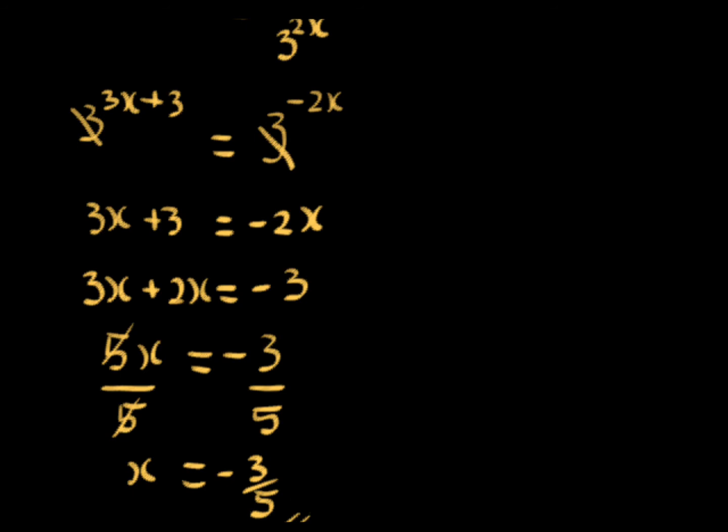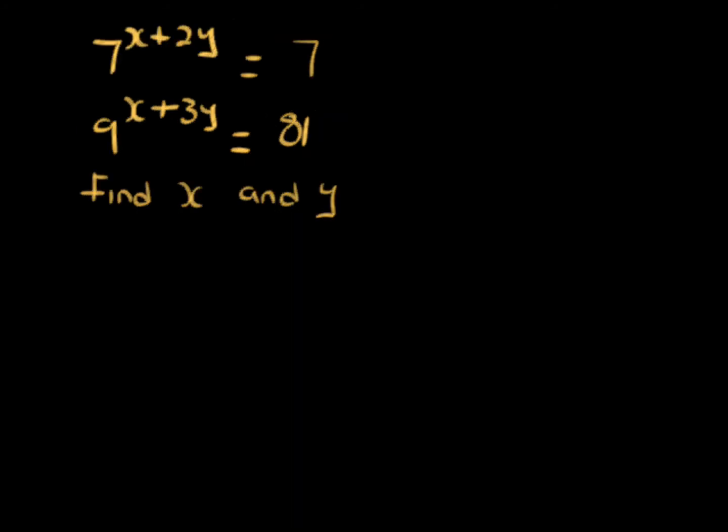So that's how we can evaluate indices involving equations. Let's take one more example and see how it goes. Here we have another equation presented before us, and this is a form of a simultaneous equation. So we'll have to evaluate these simultaneously. We are told to find x and y. So in finding x and y, I can choose to rewrite this first equation, 7 raised to power x plus 2y, equal to 7 raised to